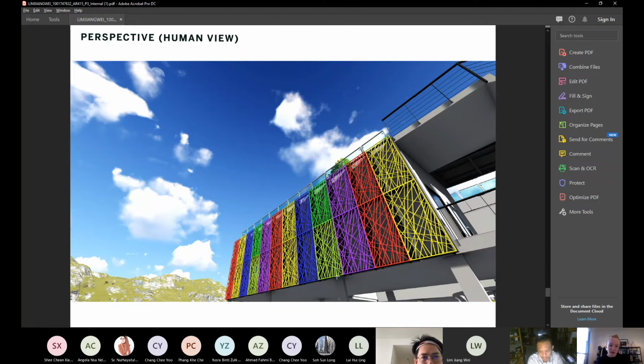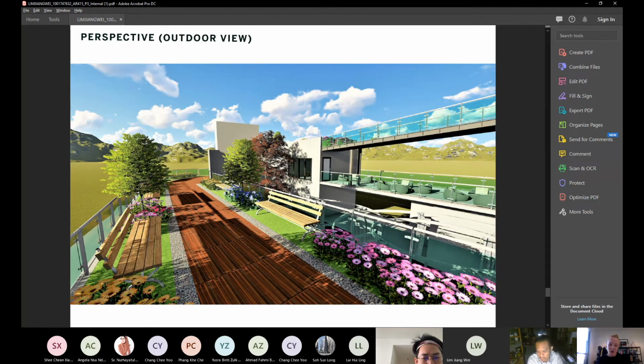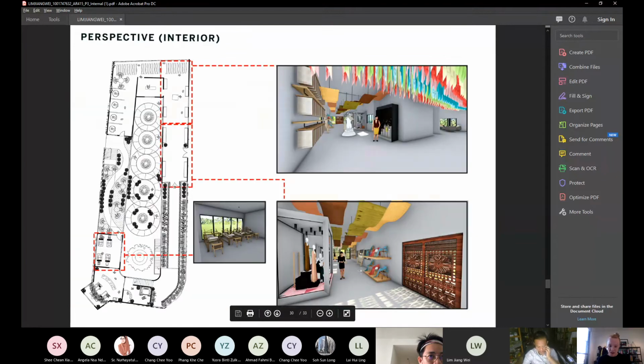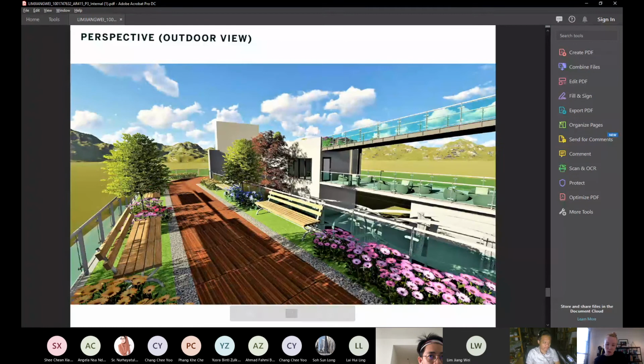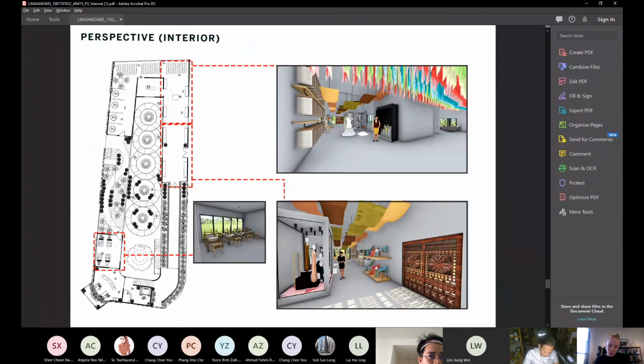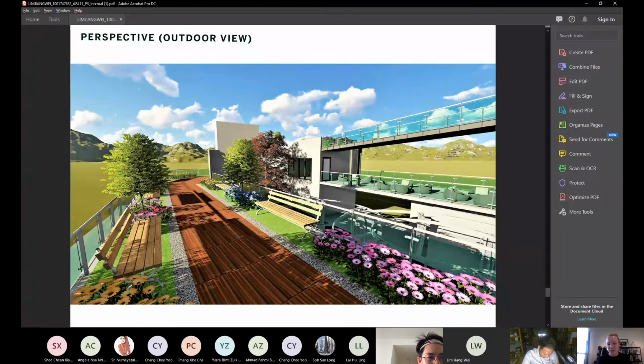One little thing I'll make comment on for future projects is your site context. For your 3D, your site plan, the site itself is very much positioned at the waterfront, and I think what may have been lost a little bit is the placing of that 3D with a bit of a greener surround.